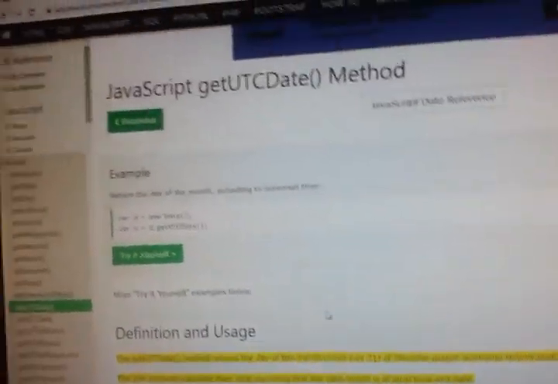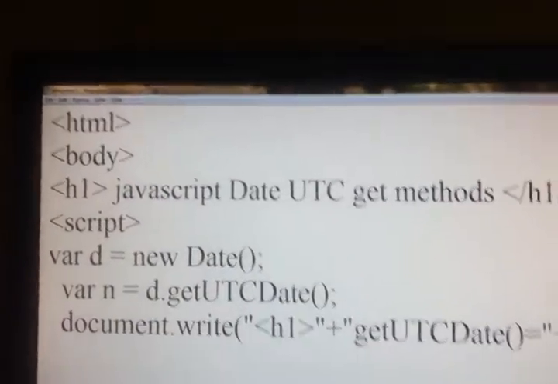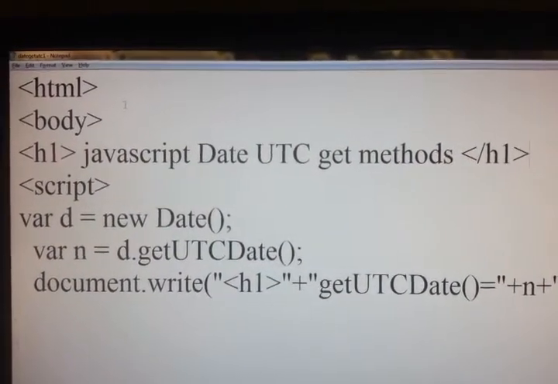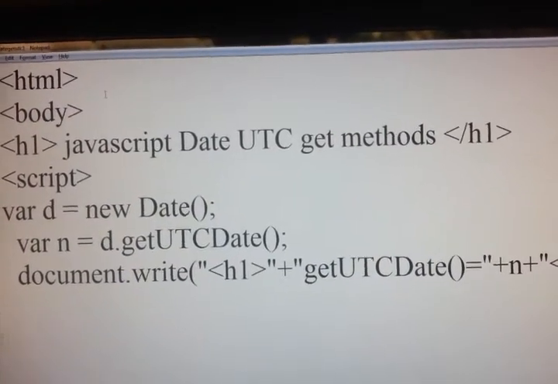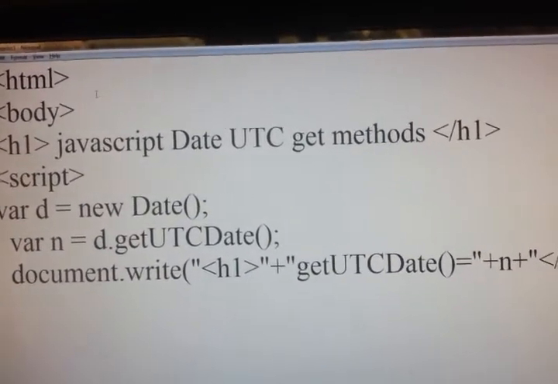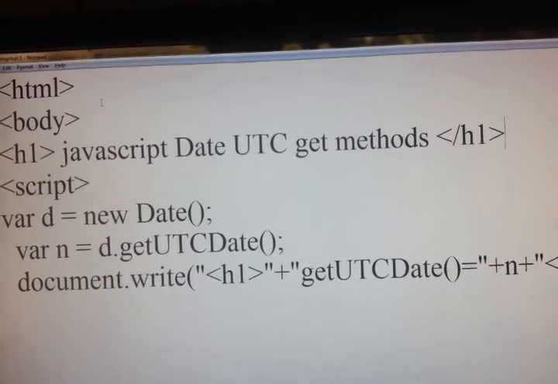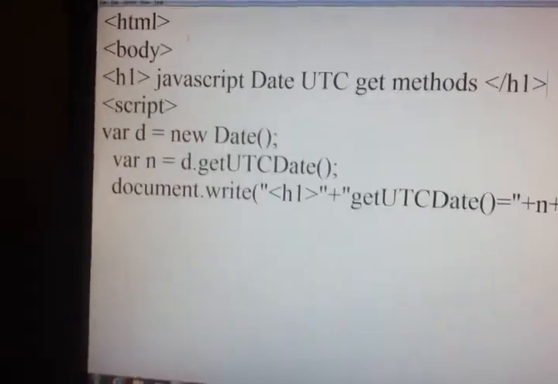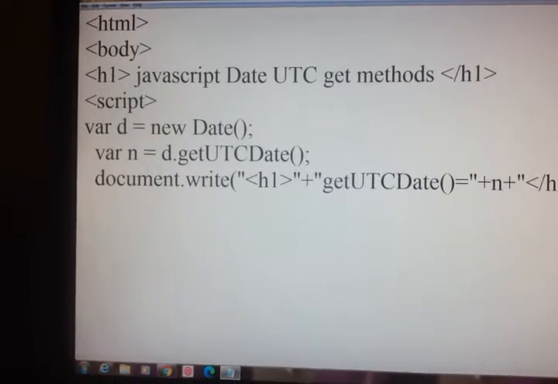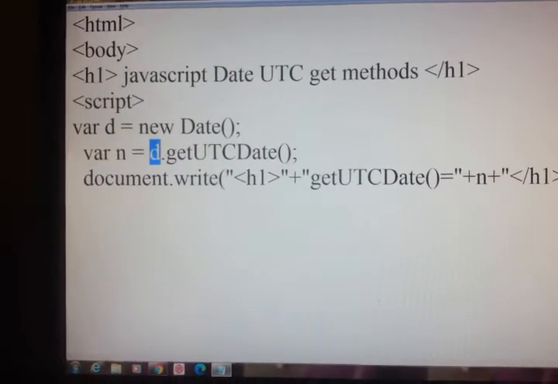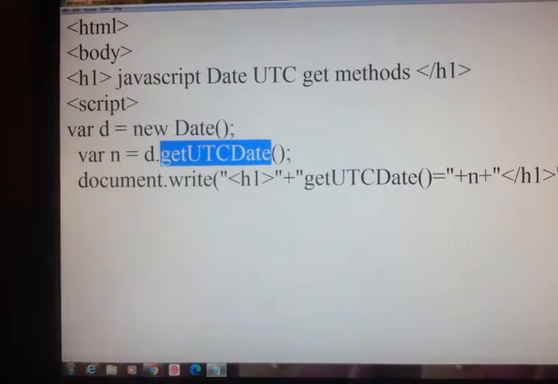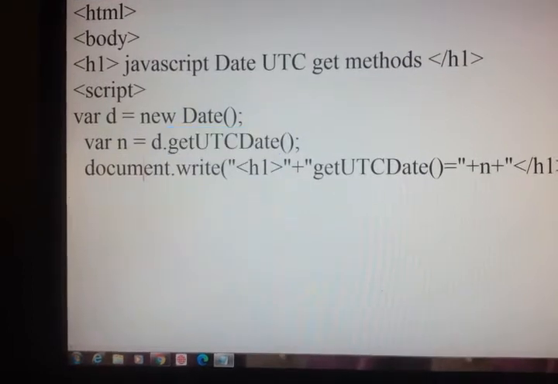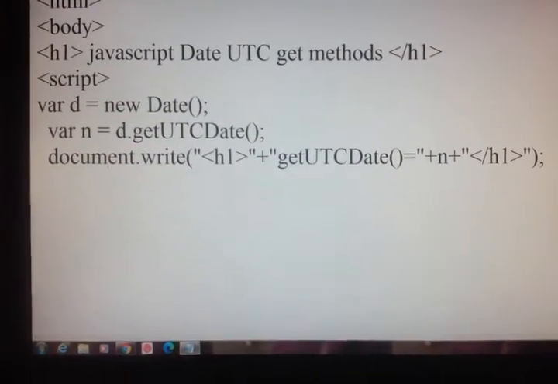If you do a program for this, first we will write HTML, then body. In that I have taken a heading tag which says JavaScript Date UTC get methods, and closing heading tag, open script tag, variable d is equal to new Date, and variable n is equal to object name dot getUTCDate method, object name dot method name, and I am using document.write to print on the browser.